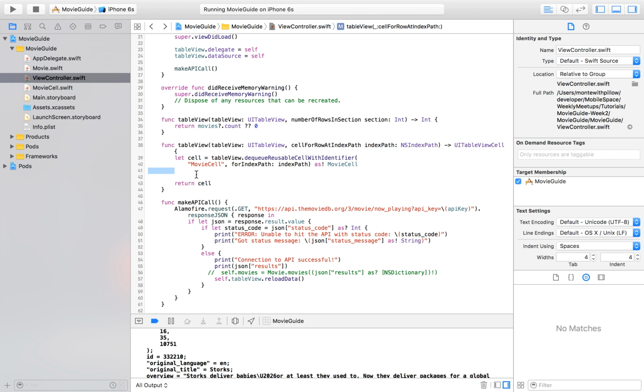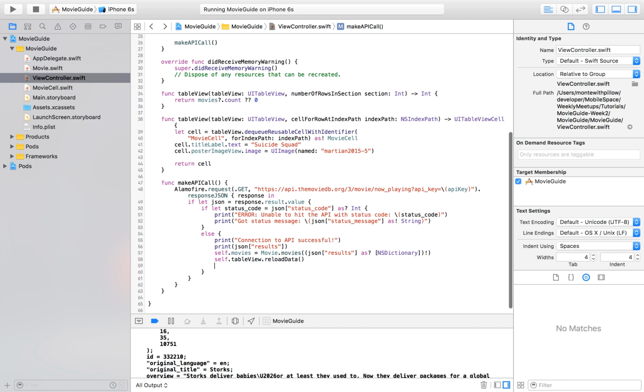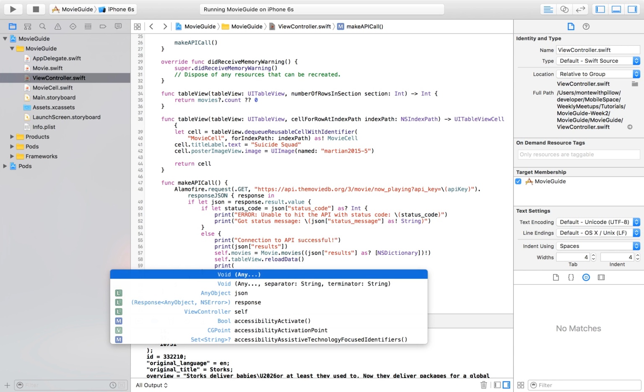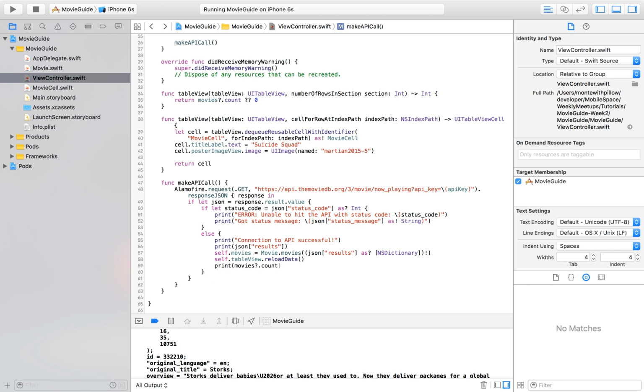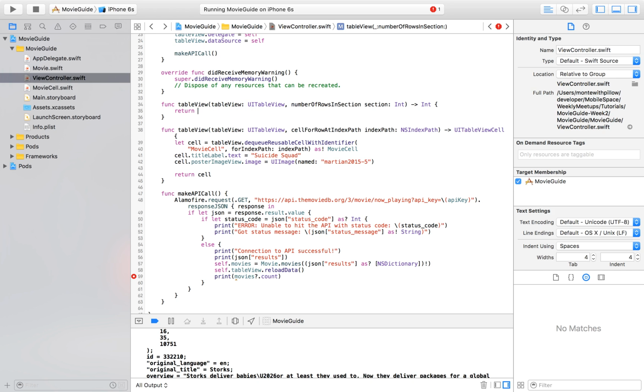Actually, let me just command Z that. Okay, and then let me do this. At the end of it, I'm going to say print, just to make sure that we were able to run that successfully. I'm going to say print movies.count. Let's change that. Never mind. Yeah, let that be there. That's fine. Print movies.count. Okay, so if I run this,